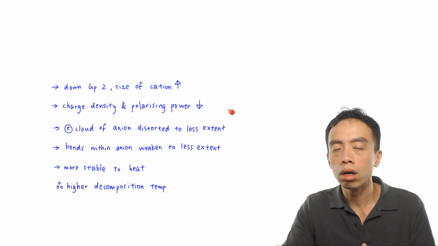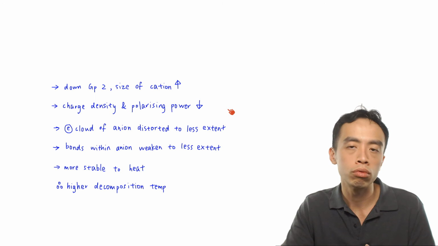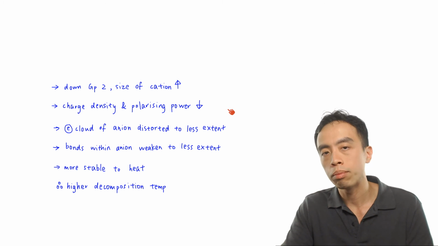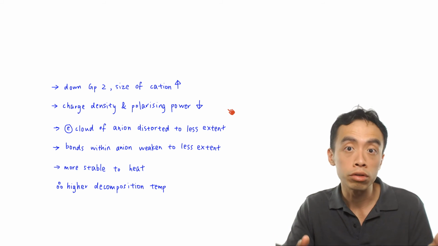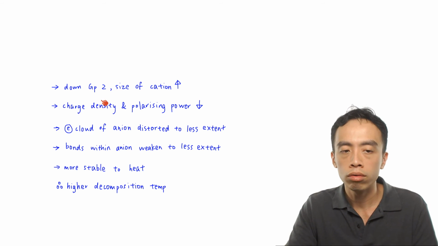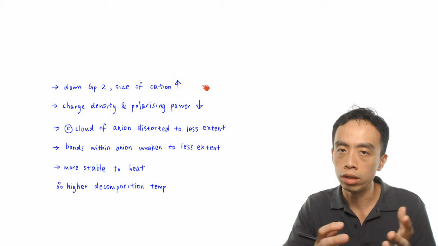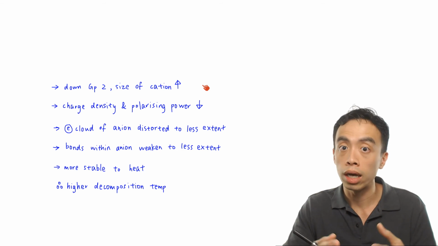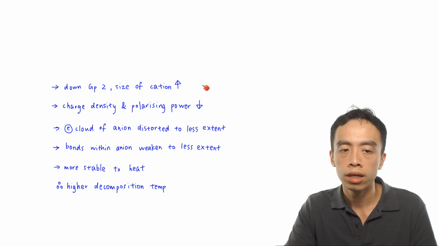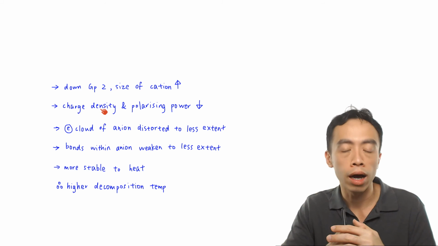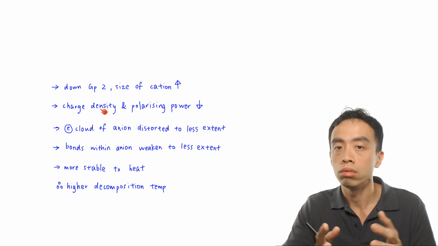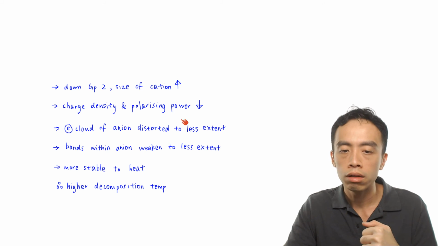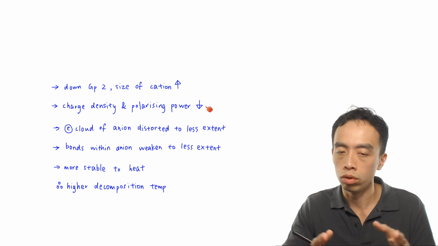So now that we know that the decomposition temperature, or the thermal stability, of group 2 metal salts is related to the polarizing power of the metal cation, what happens down the group and what is the trend down the group? Now we know that down group 2, the size of the cation increases because the number of inner shells increases. So the size of the cation will get bigger and bigger. What this means is that charge density, which is Q divided by r, charge divided by size, will decrease because you have a bigger denominator. So if charge density decreases, the polarizing power of the metal cation would also decrease.